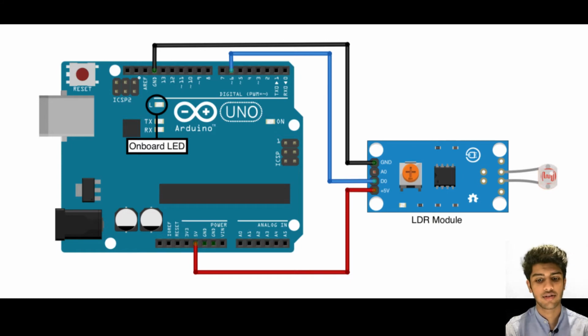Here is the circuit diagram on your screen right now, and it is quite straightforward. There is a ground, which will be connected with the Arduino's ground. We have A0, which is used for analog output. We have D0, which is the digital output, and we have plus 5 volt, which is the VCC. In this circuit diagram, we've connected the D0 to pin number 6 on the Arduino, and the code will be exactly the same as what we did with our infrared sensor. In this lecture, we'll be using the A0 with our Arduino Uno and seeing how the code functions and how the flowchart is. So let's get started with that.